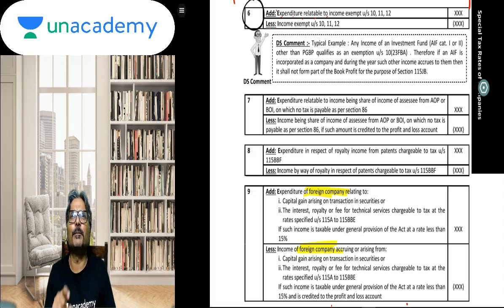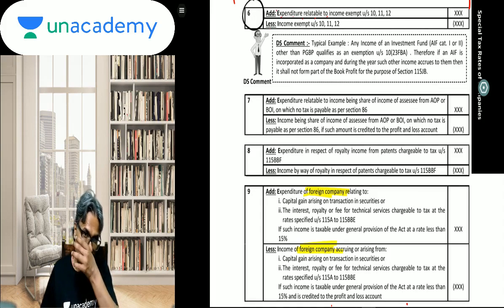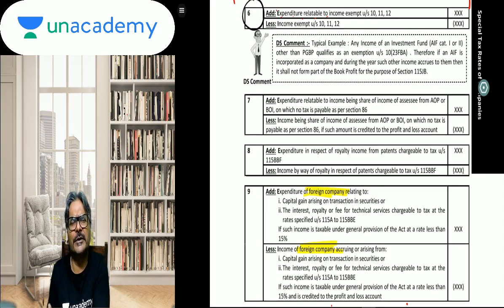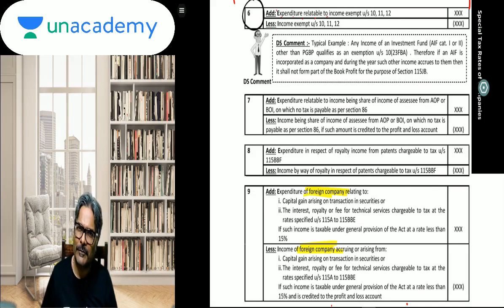Now there is one particular point which is very interesting. Here it has been referred to as the section 10 exemptions. Section 10 exemption will not form part of your book profit, neither the income nor the expenditure in relation to such income. The question, students, over here is, what about the 54 series exemption? If there is a 54 series exemption, 54EC and all, whether they will form part of, so that income